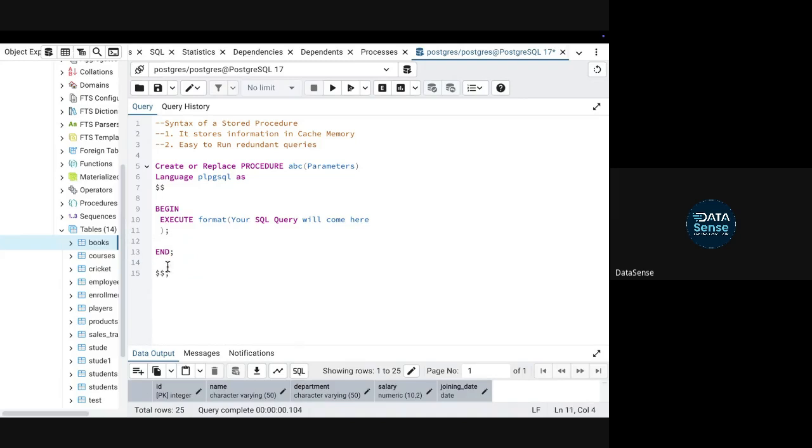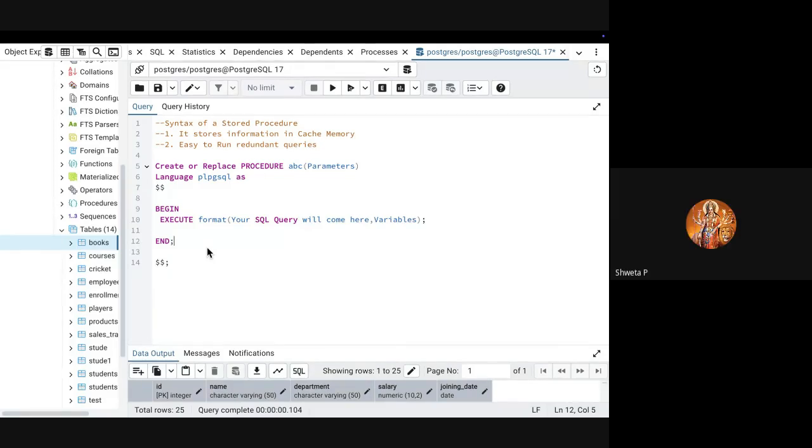This is the syntax of a stored procedure. It looks daunting initially, but let me tell you, whenever you create anything, you have to define its name, right? Second, the language, whichever SQL language. So this too is pretty easy to remember. The main thing is to remember that this $ sign needs to be there before and after, and this begin and end should also be there, and this execute command needs to be there, right? Whatever SQL query you are writing will come here, comma, and your variables, whatever you are passing, they will come here.